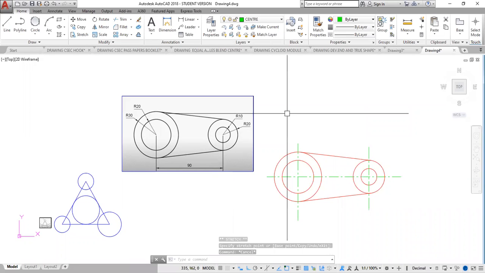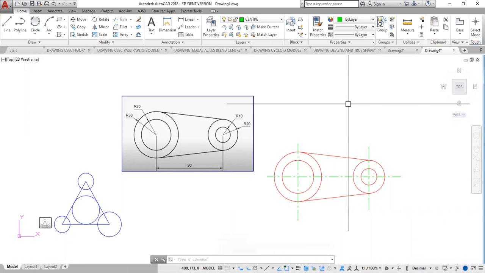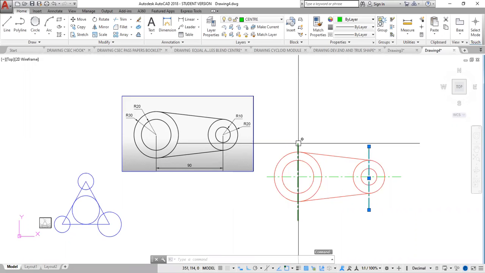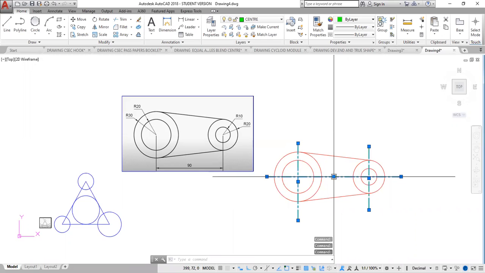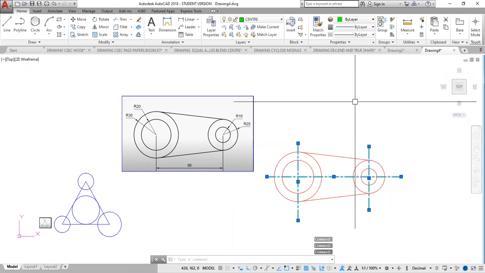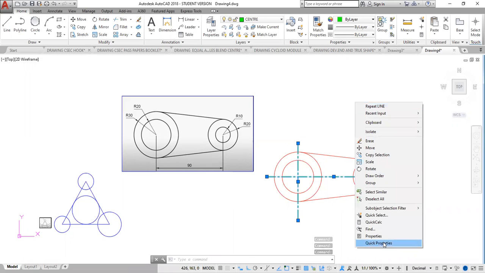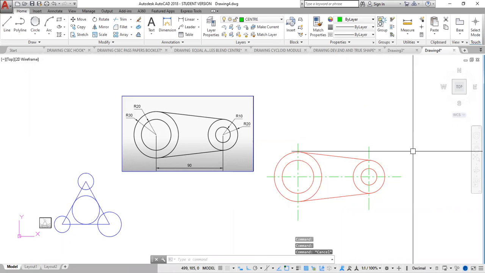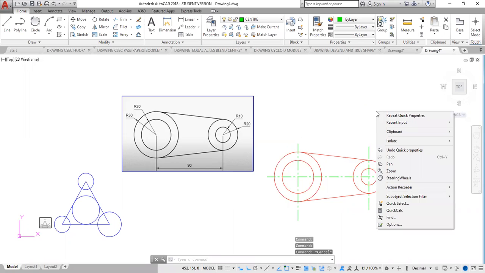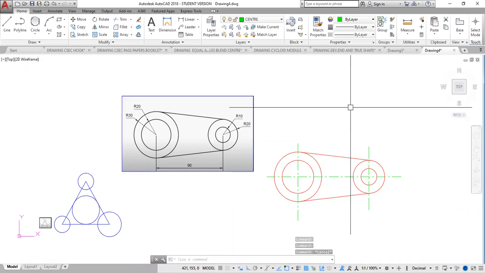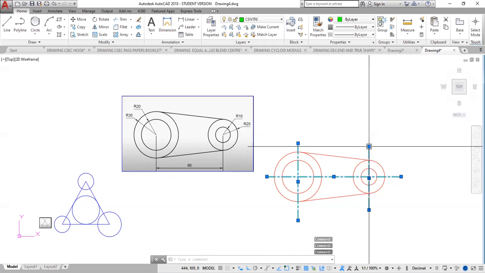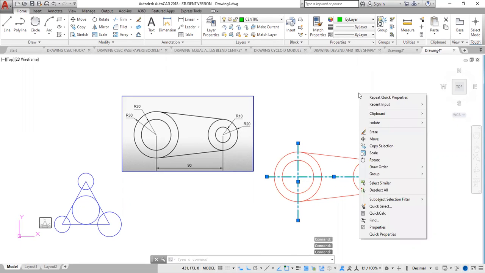This line, this color is very, very pale. I could change this from that color to a different color by clicking there. Then go up to right click, go to properties, quick property, no, escape, I don't want that. So click here, click there, click here, right click, go to properties,